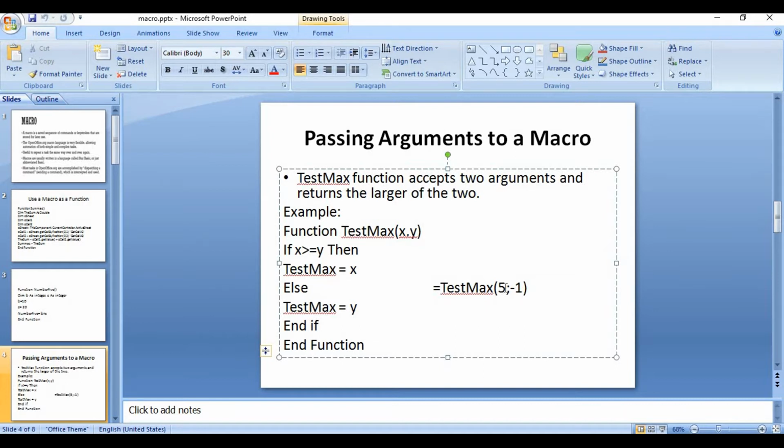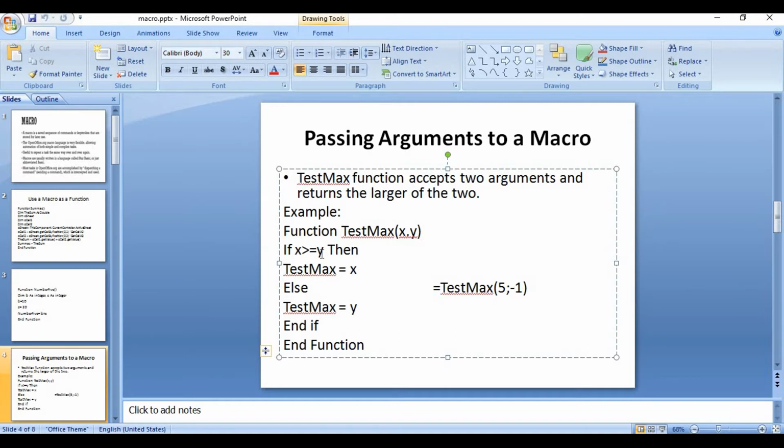For checking this, we have to pass two numbers. The first value is 5 and the second value is -1. If we pass like this, the first value, 5, is assigned to variable x, and the second value, -1, is assigned to variable y. After that, it will compare. Now 5 is greater than or equal to -1.